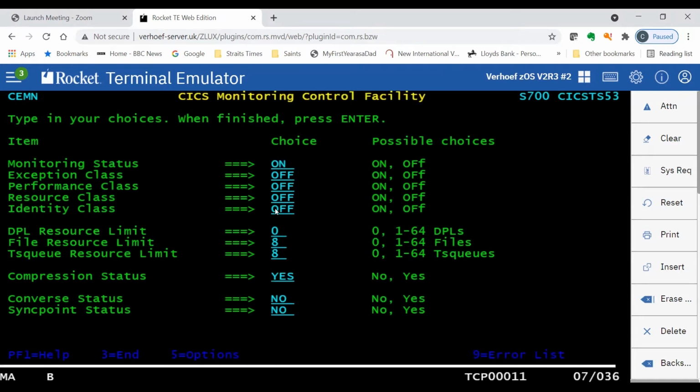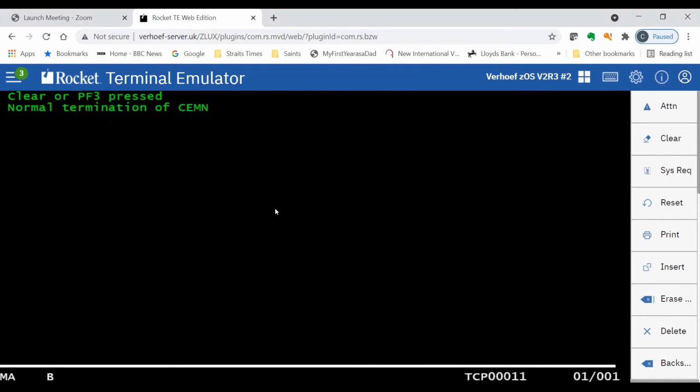So make sure your monitoring status is set to on through CEMN. That's the first thing to do. Out of there, clear the screen, and then we're going to CEDA. Now the list I'm using is this one, XYZLIST.